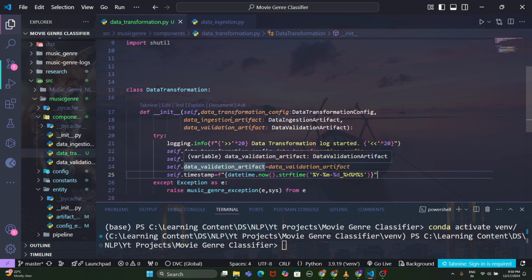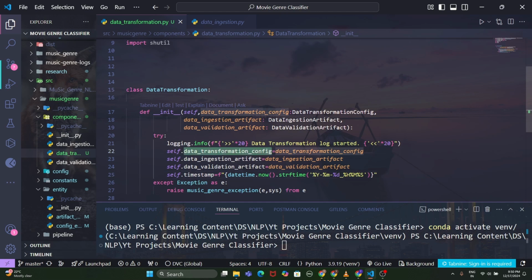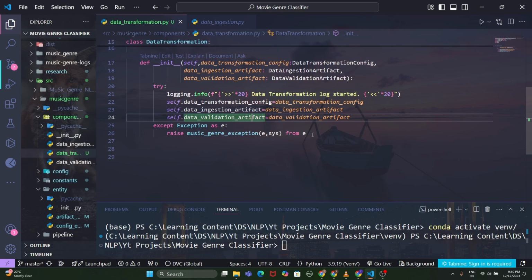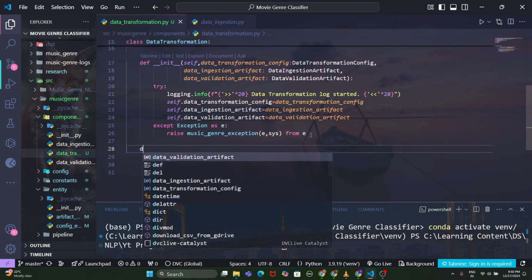Now we have to pass data transformation config. We have to pass data ingestion artifact. We have to keep this data validation artifact. As well as this, I think the timestamp is not required that it has passed. So I think I can keep it like this. So this is done. Initialization part is done. Now I will create a method called